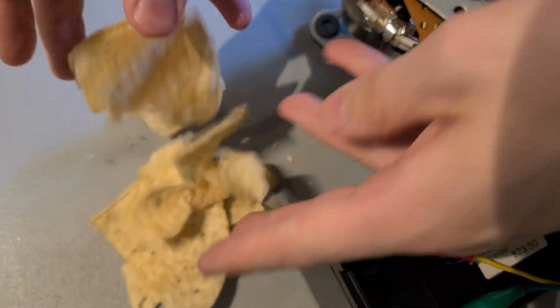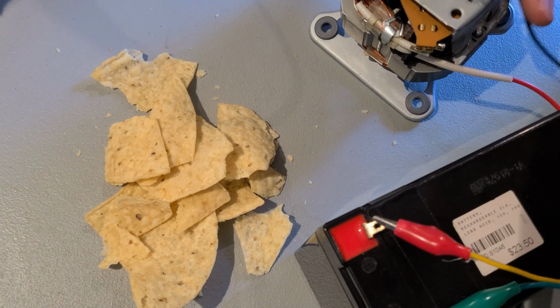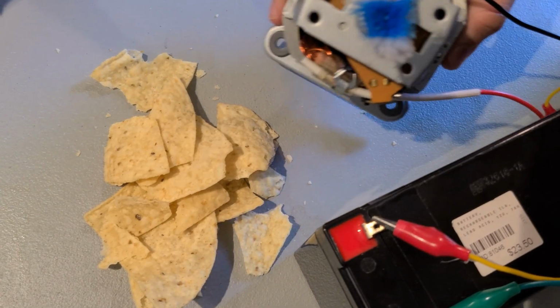You can really feel that cleaning power. But hey, that's not all you can use a toothbrush for. In fact, I'd originally planned on using this for cleaning. Oh no, I spilled some chips on the table. Not to worry,